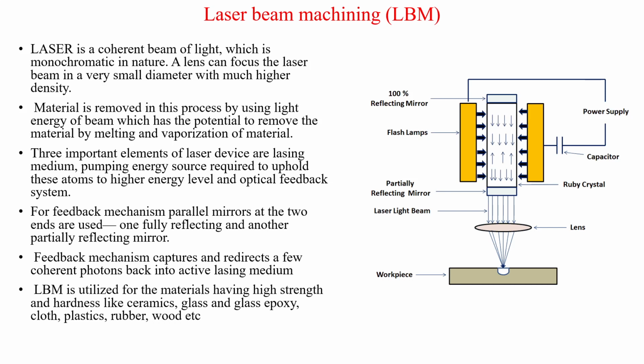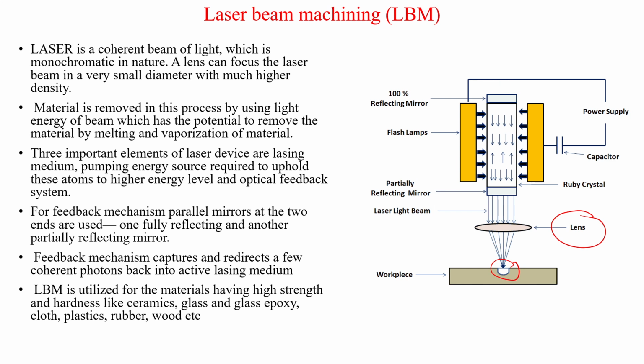Similarly, we have laser beam machining, in which laser is used instead of electrons for removing the material. Laser is a coherent beam of light which is monochromatic in nature, which is the very definition of laser. A lens is used to focus the laser beam to a very small diameter with high density, so that it can converge on the workpiece and make the required machining. The material is removed in the process by using the light energy of the beam,